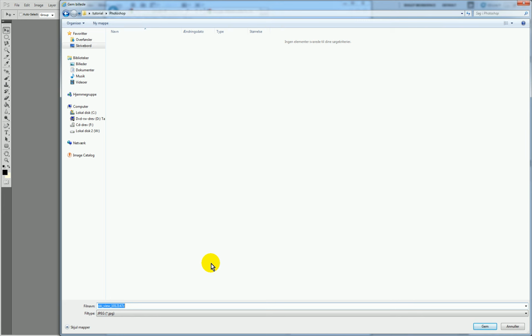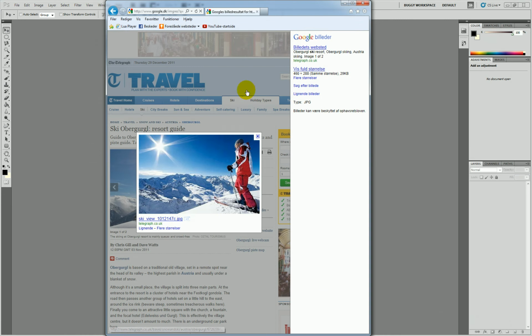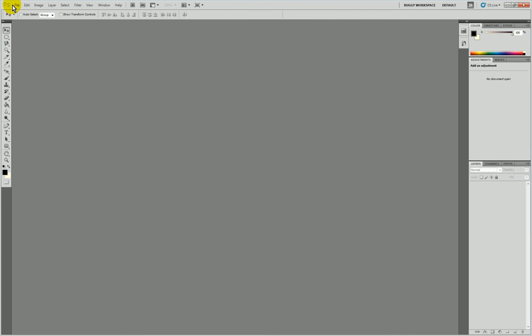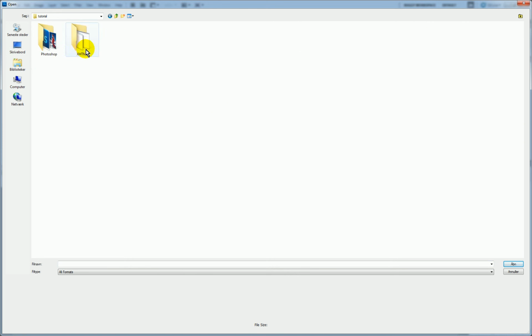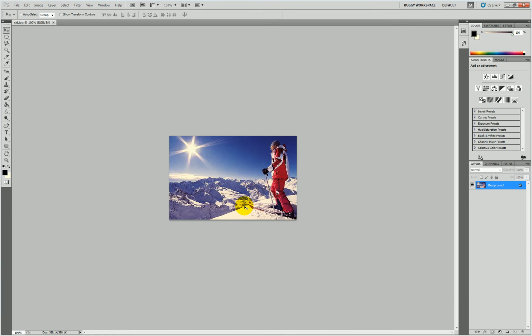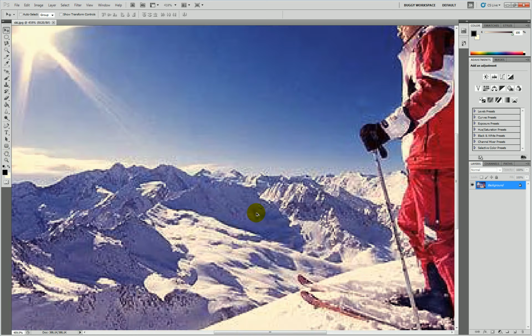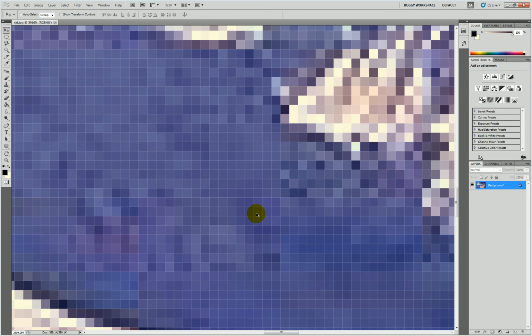Call it sky. Alright. So now I have a little folder, so I'm gonna go ahead and click on Open and go into my tutorials. Where is it? Got too many things on my desktop. There it is. I'm going to Photoshop and open it. Right, so now it's opening it. So whenever you're looking at a new picture, you can hold Control Alt and scroll the mouse wheel to zoom in, and you can see every pixel.